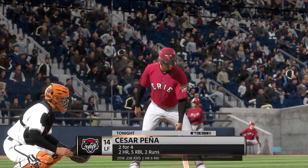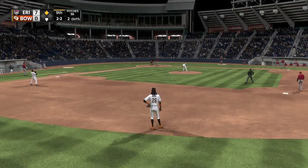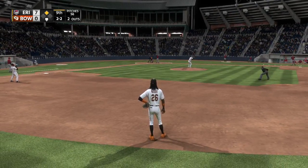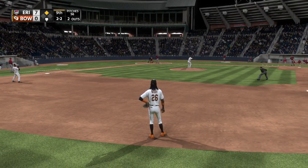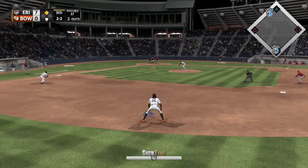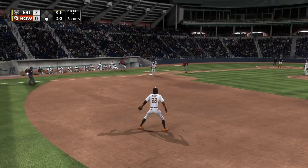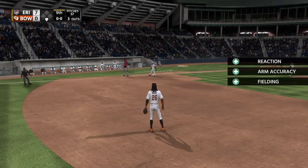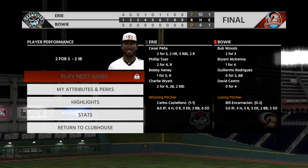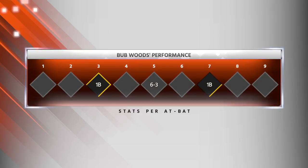Digging in and looking for more, Cesar Pena, runner in scoring position with 2 gone. This guy's having a pretty good week so far in one game. His last at bat is second home run of the game. We'll see if they'll pitch him a little bit more carefully. Hit out towards second. Woods scoops it up. Throw to first in plenty of time, and the side is retired. So it's no runs on a hit. Wow, they were banging on all cylinders from the leadoff man to the number 9 guy. They absolutely...